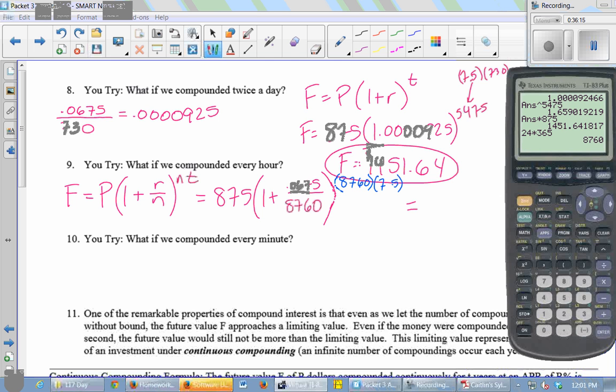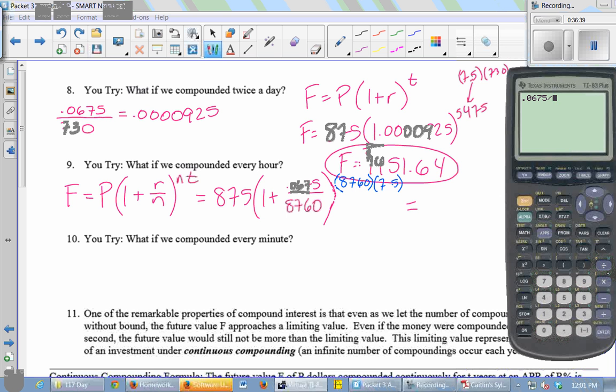So then I can type this all into my calculator. If you have a scientific calculator, it'll know the order of operations, and you can just type it all in. If you don't, if you're using your cell phone or something, just make sure to do this in steps, following the order of operations. So do everything in parentheses first. So I would do